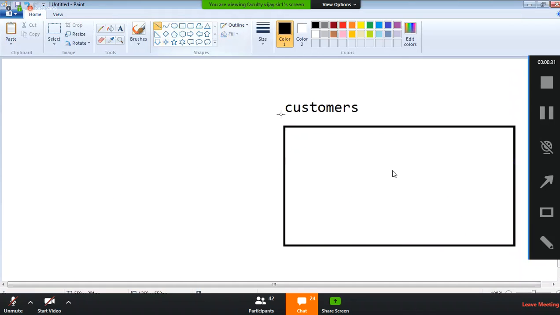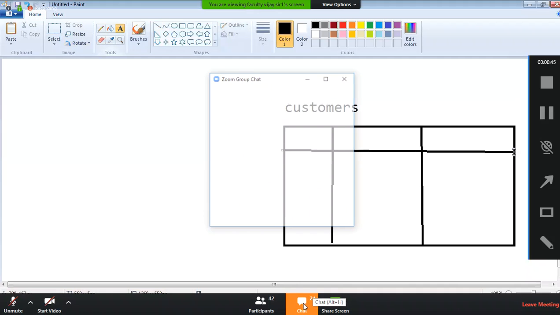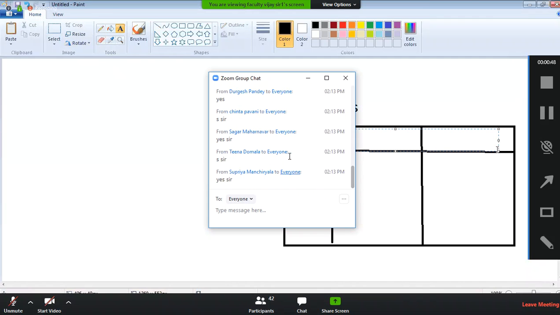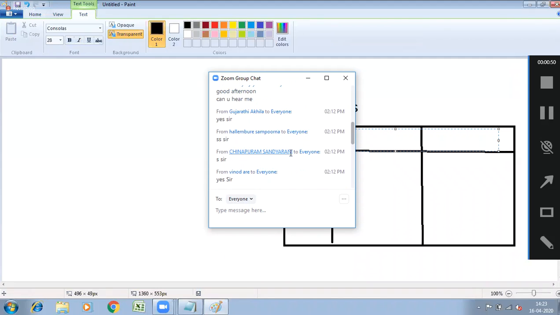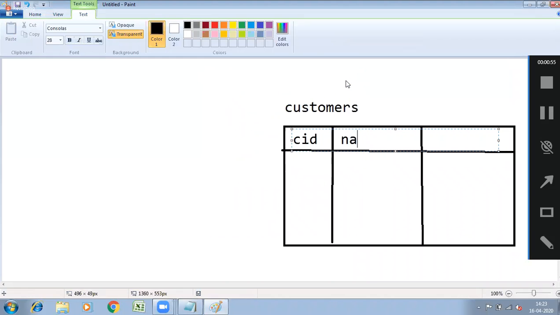Next, this is one customer name. Just see this here: customer ID, customer name, and customer address.